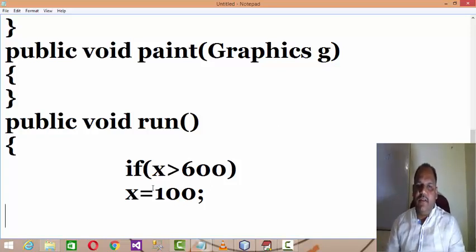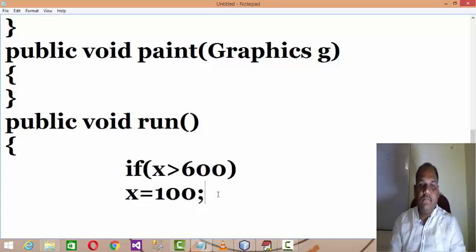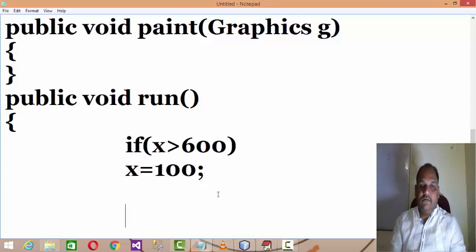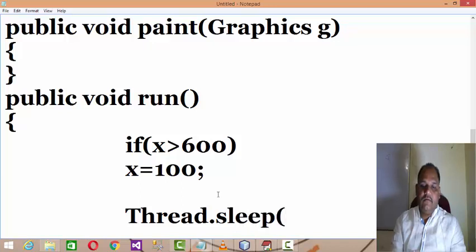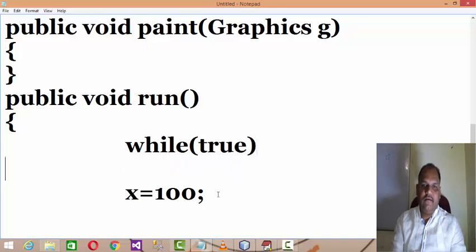This is the termination: if the value of x is more than 600, go back to 100, and otherwise give a sleep time of a certain interval. It has to be continuous, so you have to write the while loop here, right?